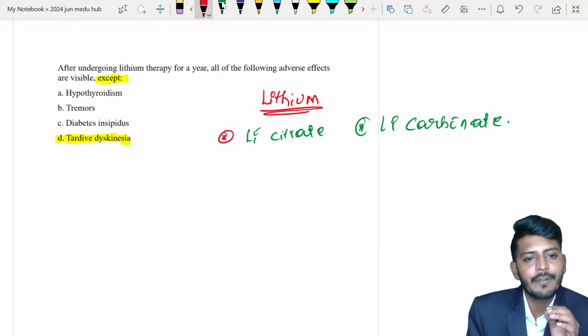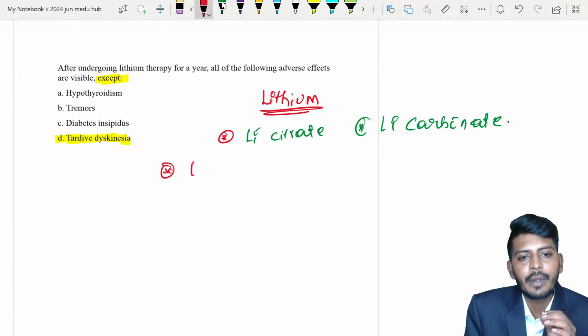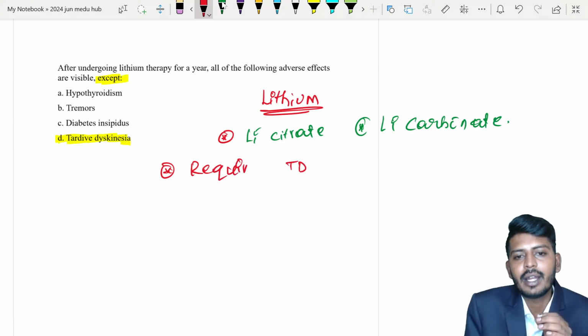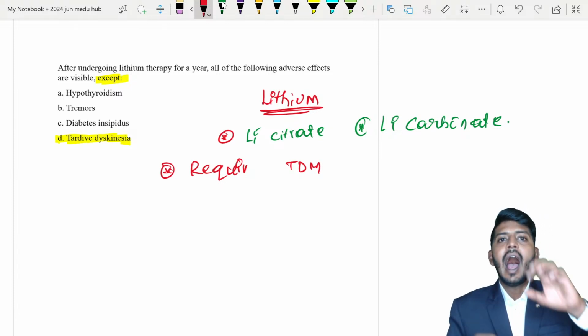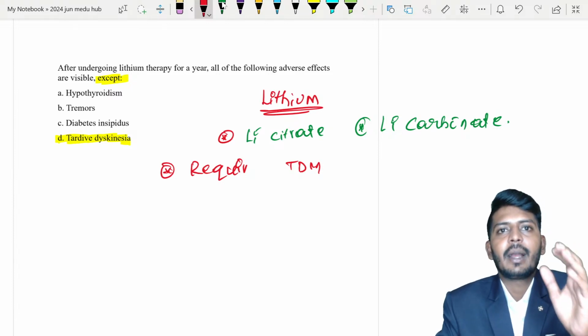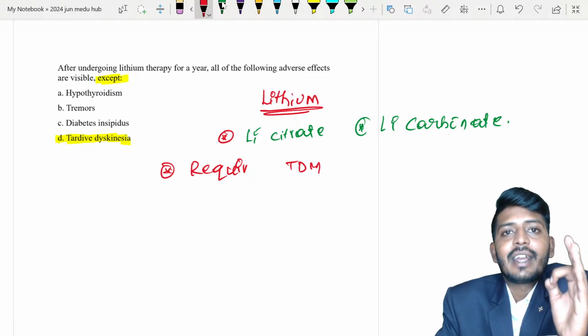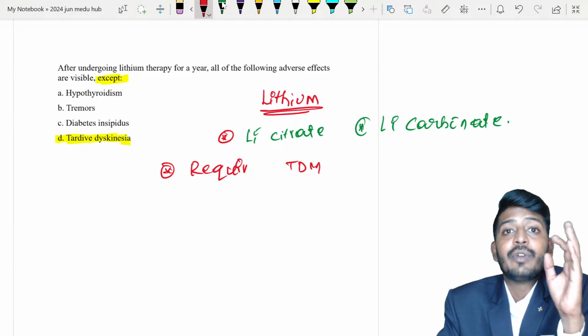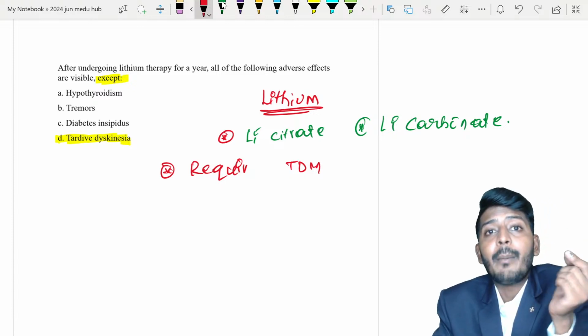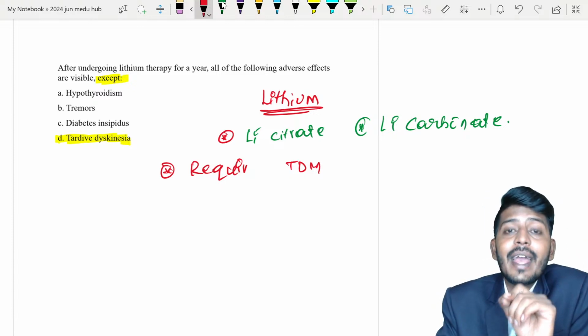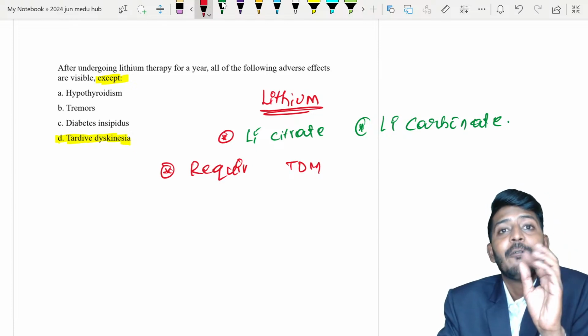When we are speaking of lithium, it requires therapeutic drug monitoring. Many people get confused about therapeutic drug monitoring. If you directly check the level of drug, the amount of drug in the bloodstream, then we call it TDM. Okay, for example,